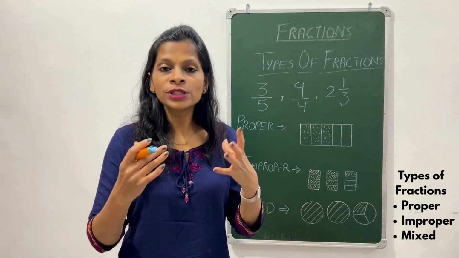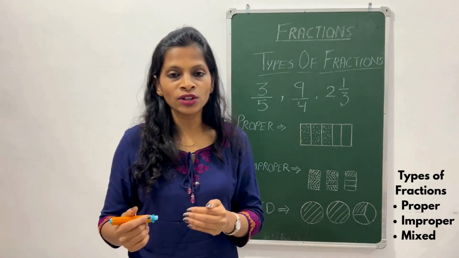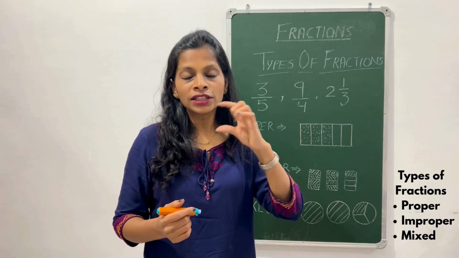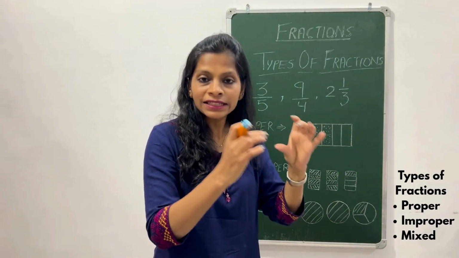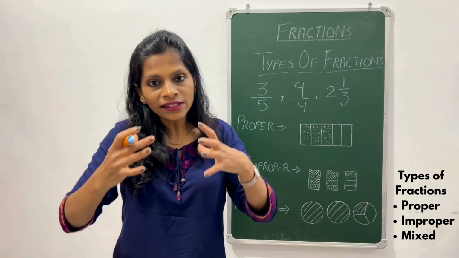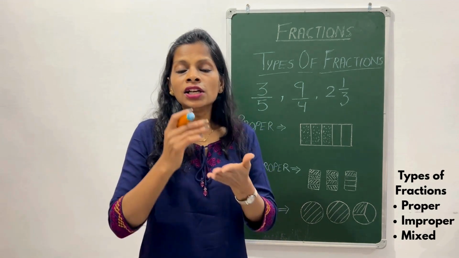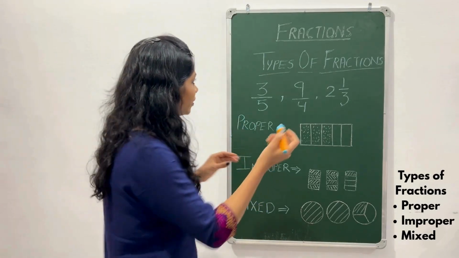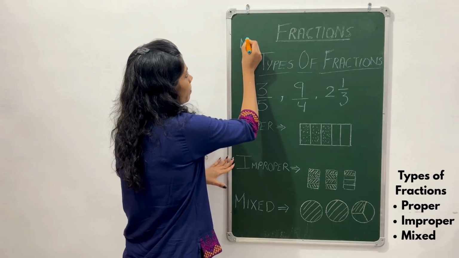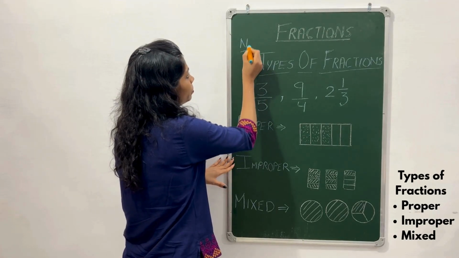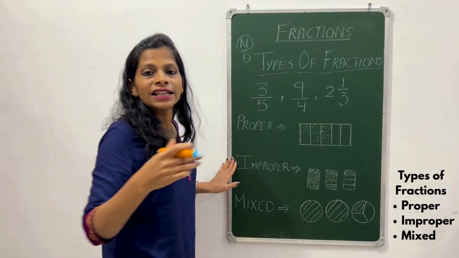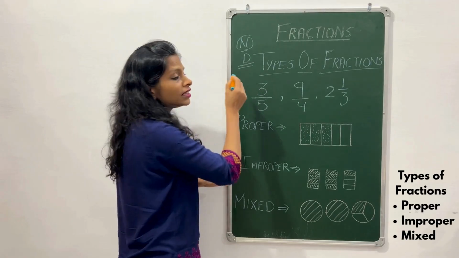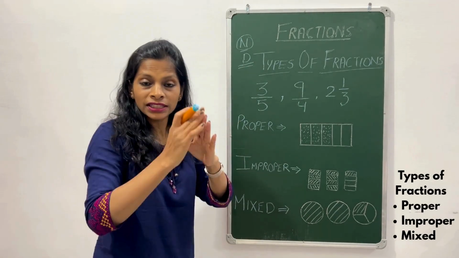In our last video, we spoke about the numerator and the denominator. The numerator or the top number represented the parts we have chosen, or the selected number of parts or pieces, and the denominator represented the number of parts that the whole was divided into, right? We did numerator upon the denominator. The numerator represented the selected number of parts and the denominator represented the number of parts that the complete thing was